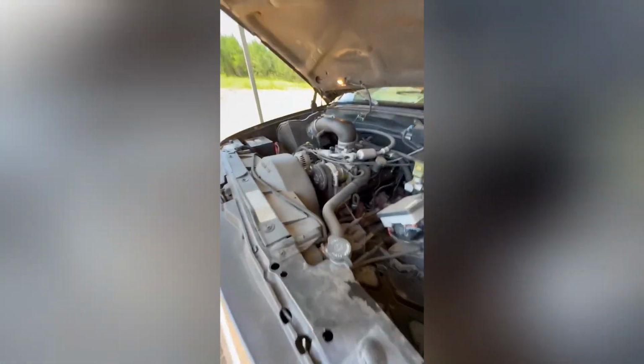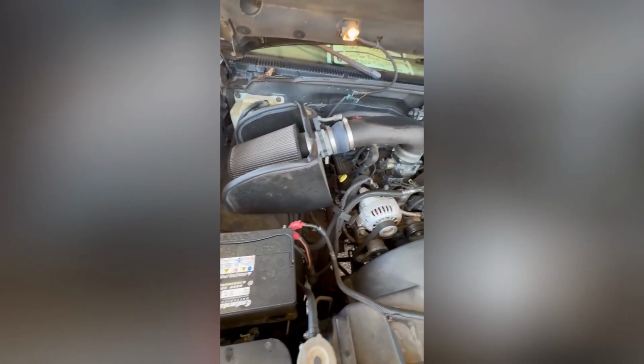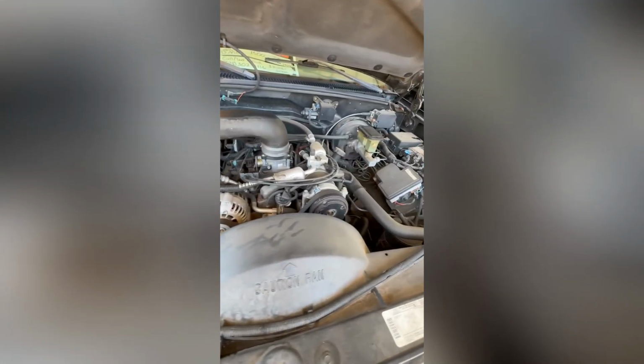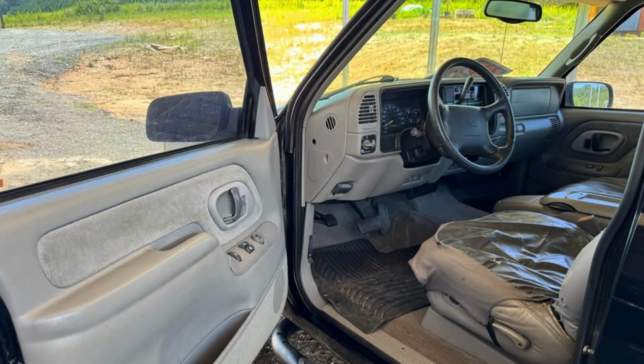It features a 5.7-liter V8 engine paired with an automatic transmission, delivering solid performance for daily driving, towing, or work-related tasks. Finished in a sleek black exterior with a gray interior, the Sierra retains its classic look while benefiting from